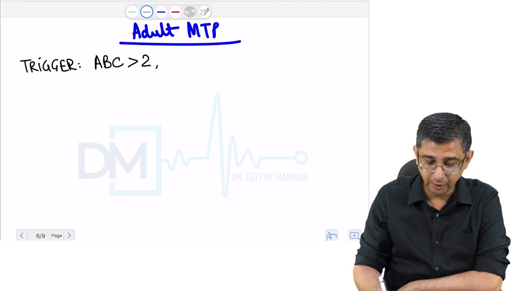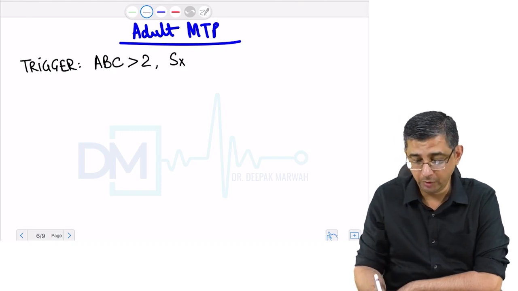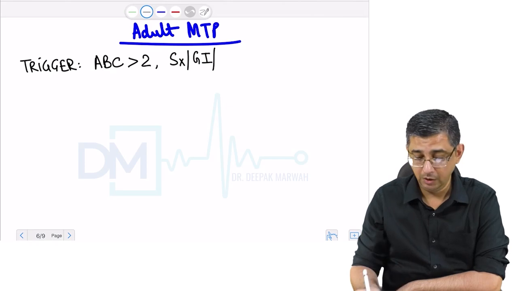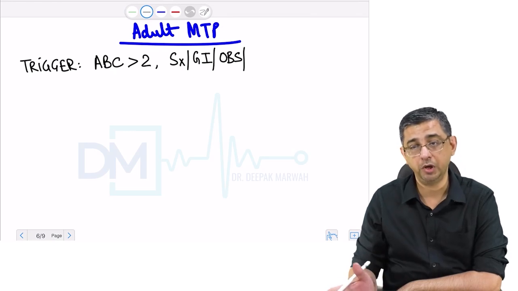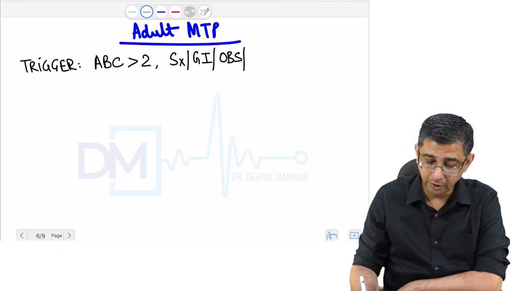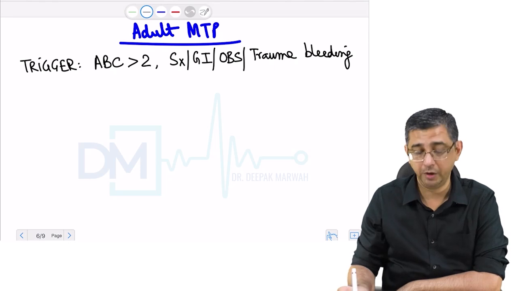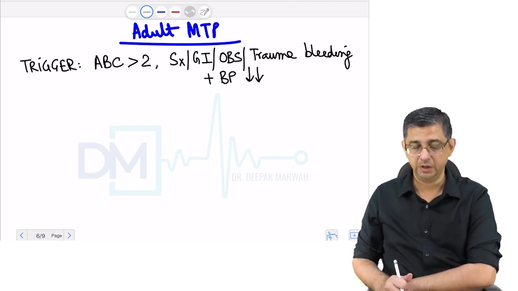Or for that matter of fact, if I'm not using the score, but my patient, during surgery, had a trauma to a major blood vessel and is having severe bleeding, or is having hematemesis due to peptic ulcer disease, or it could be an obstetric hemorrhage due to postpartum hemorrhage, atonic uterus, and the gynecologist or obstetrician has given a call to the blood bank, or it could simply be penetrating trauma in the patient. So surgical bleeding, GI bleeding, obstetric and trauma bleeding with hemodynamic instability is obviously a valid reason for initiating an